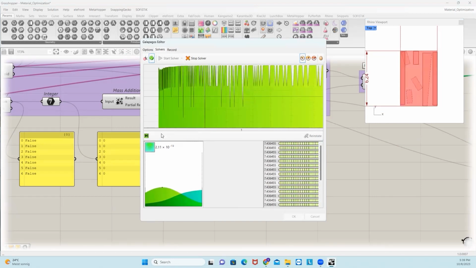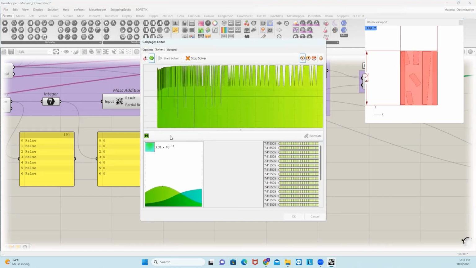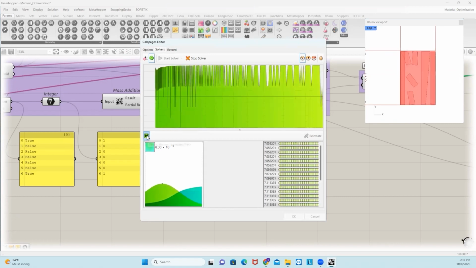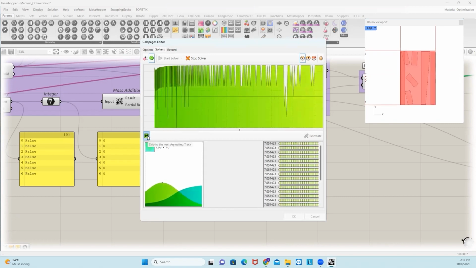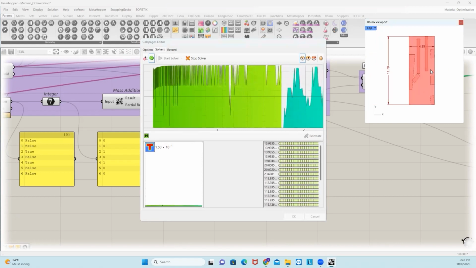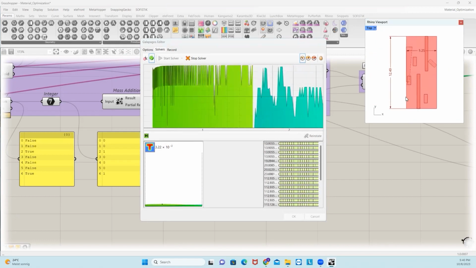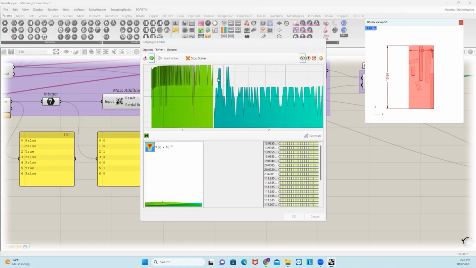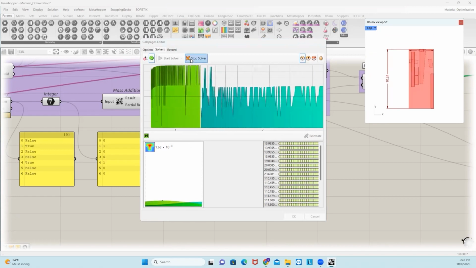And if you want to go to another solution or another iteration, you can just press this button, and it will skip this one and move on to the next one. And you can see here, it started arranging the objects again with a new solution. So that's how you can optimize